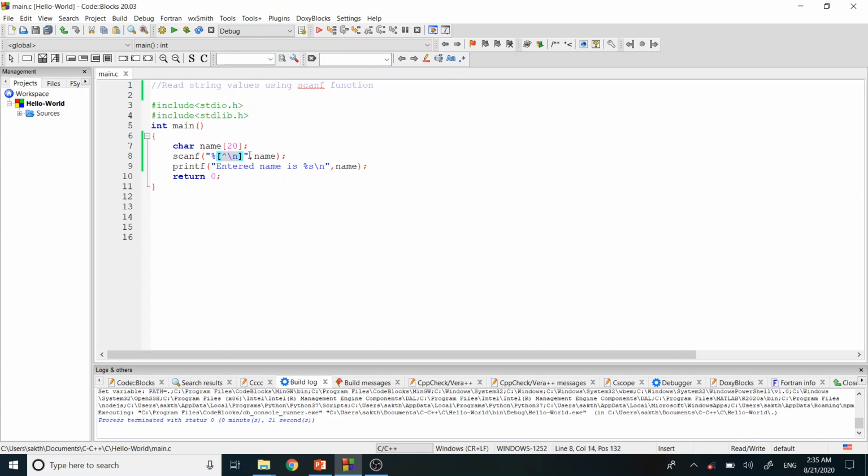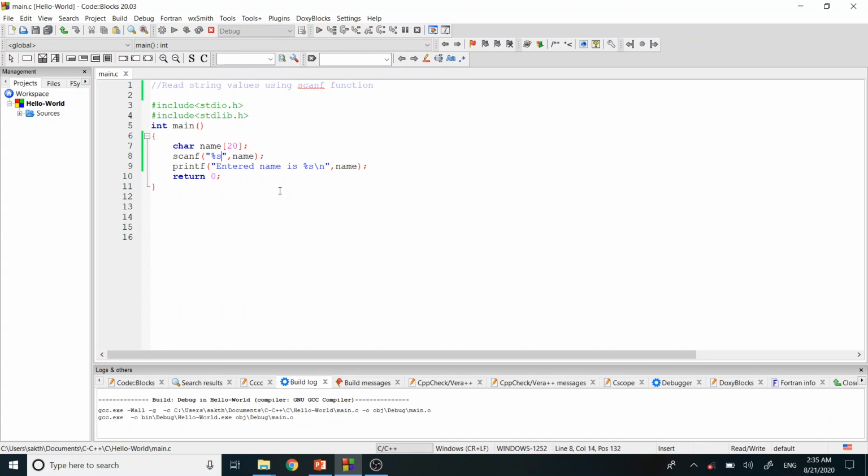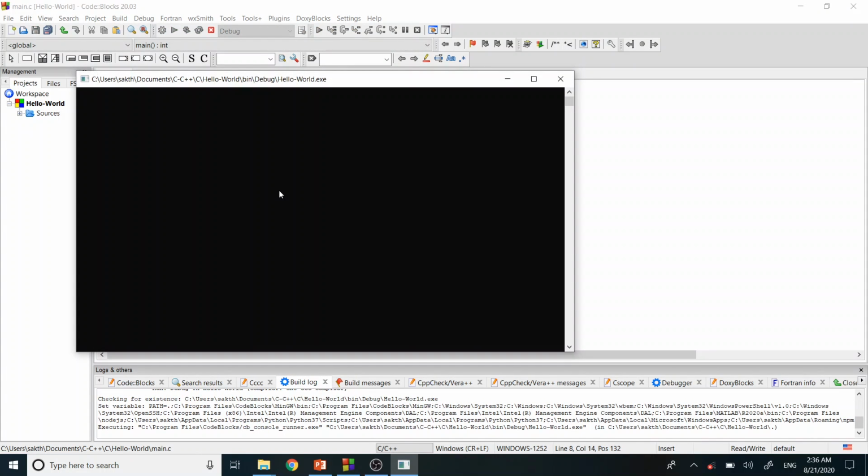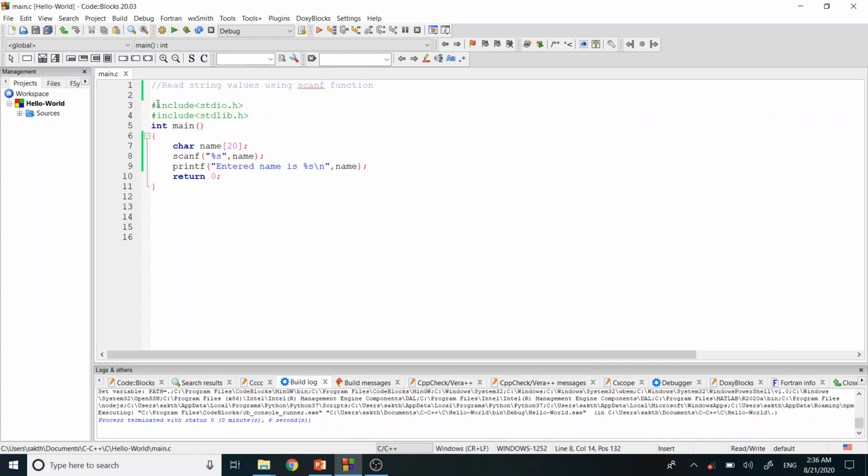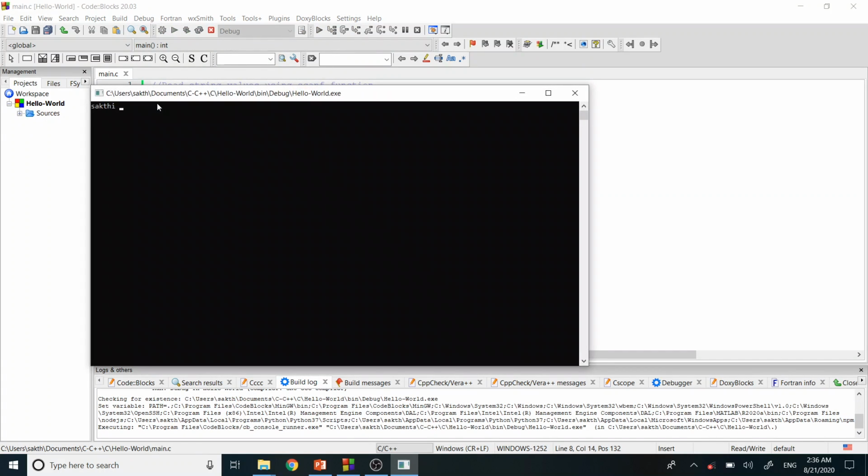So basically, when you're reading string characters with this, you can't give blank spaces between them. This is the general example I explained in the beginning of this tutorial. If I run this program, I always mentioned the name Shakti, so it got the same value, Shakti. But if I try to use a value like Shakti space Arun, I'm giving one blank space here. Due to that, the string stopped reading at the blank space. Now if I press enter, you see it is reading only till Shakti, because I gave one space and the string stopped reading the characters.